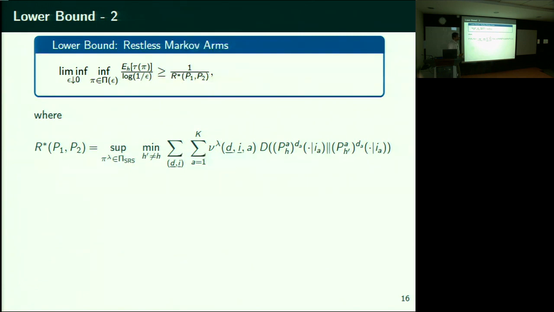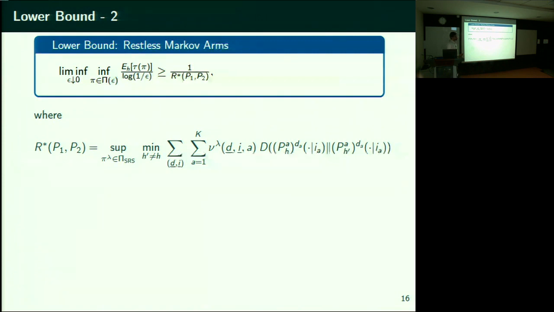This comes in the denominator, so you upper bound it by the best state occupancy measure. Once you have the best state occupancy measure, you can view that as an SRS policy, because you can disintegrate it into a state occupancy measure followed by an action given that state. So you can view it as an SRS policy. This lower bound is actually quite strong because it doesn't put a restriction on SRS policy.